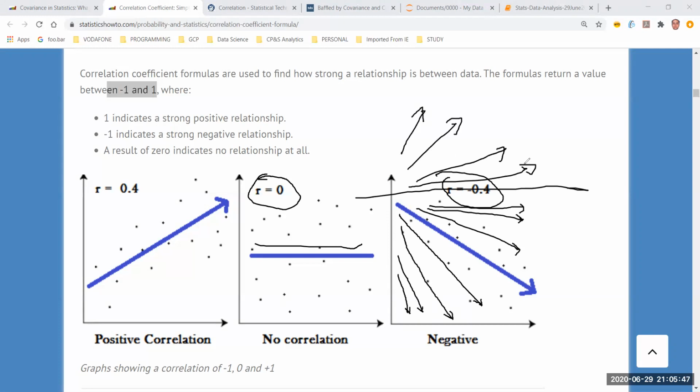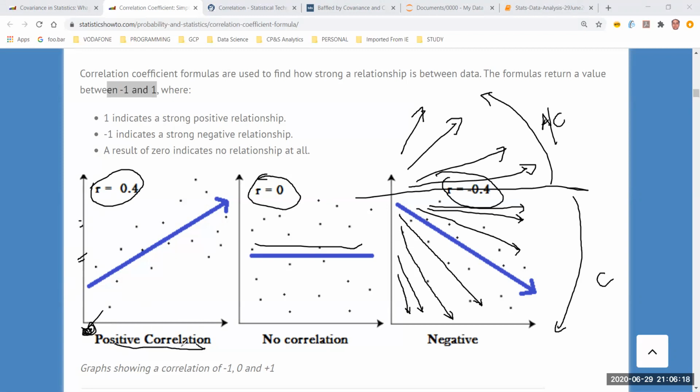Are you getting my point? How it is going? The positive directions are on this side, the negative are on this side. So basically, the negative ones are clockwise, and the positive ones are anti-clockwise. Right? That's why. Okay. Now, what happens if the value of r was not 0.4, it was 1? It would have been this line itself. The value of x remains constant. Sorry, the value of y is going to remain constant if there is an increase in the value of x.